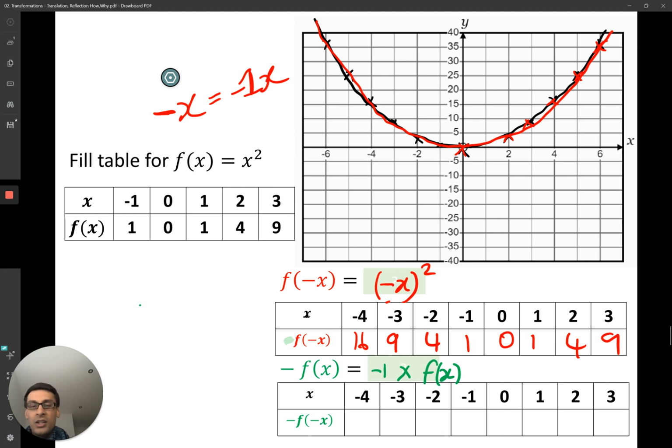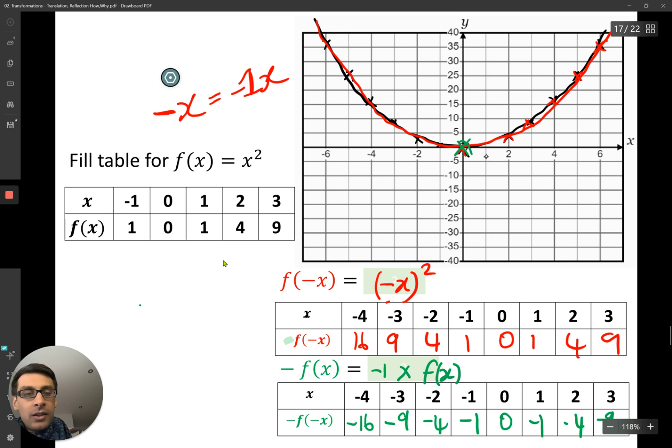Now your f of x values are just x squared. So you can ignore the signs because this happens to be a convenient function where it's just squaring. It's always going to be positive. So 16 times negative 1 is negative 16. 9 times negative 1 is negative 9. Negative 4, negative 1, 0, negative 1, negative 4, and negative 9. So when I plot that, you can see I still have my origin in the same way. 1 goes to negative 1, 2 goes to negative 4, and then you can figure out from here, the graph you end up with is going to be reflected